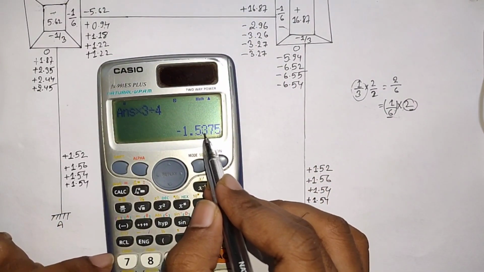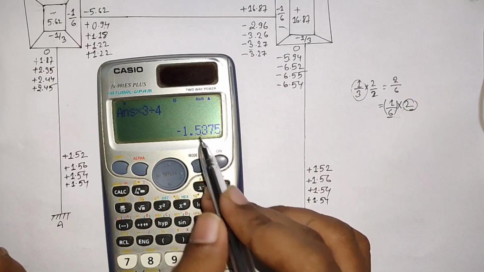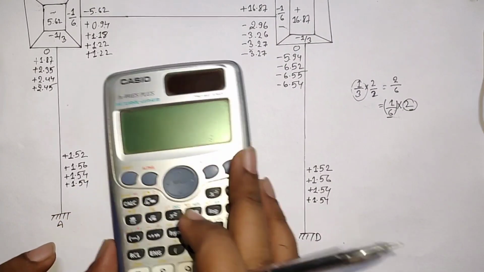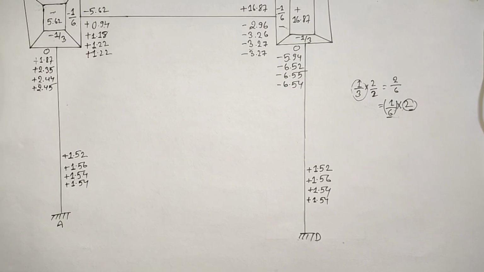Here the digit is 7 which is greater than 5, so I have done round off here, so it will be 1.54 positive. Now this was our step 5. I hope you understood this step. If you have any kind of confusion, then you can let me know in the comment section, because step 5 was very important. Now let's move toward step 6.